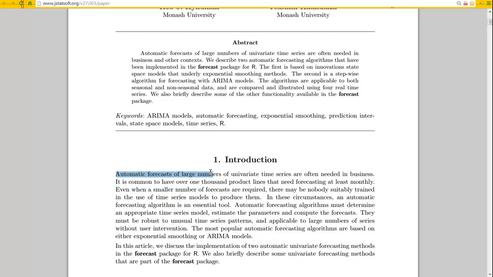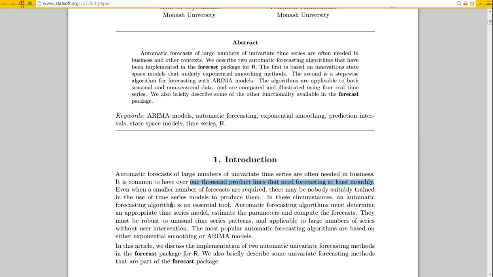Automatic forecasts of large numbers of univariate time series are often needed in business. Remember, univariate means you just have one variable other than time. It is common to have over 1,000 product lines that need forecasting at least monthly. Even when a smaller number of forecasts are required, there may be nobody suitably trained in the use of time series models to produce them.